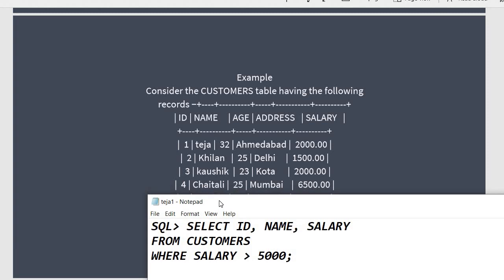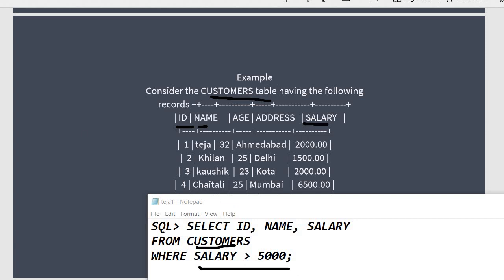From this table I'm going to select the ID, name and salary from the customer table, where salary is greater than 5,000.